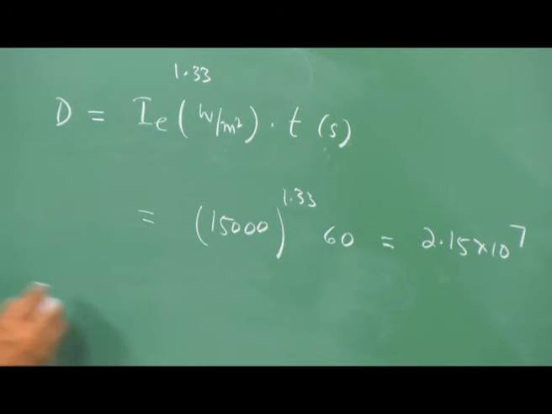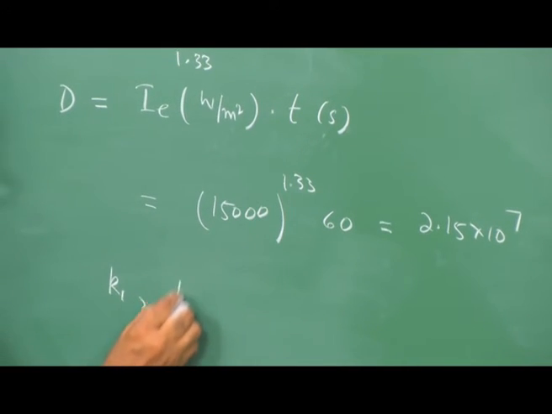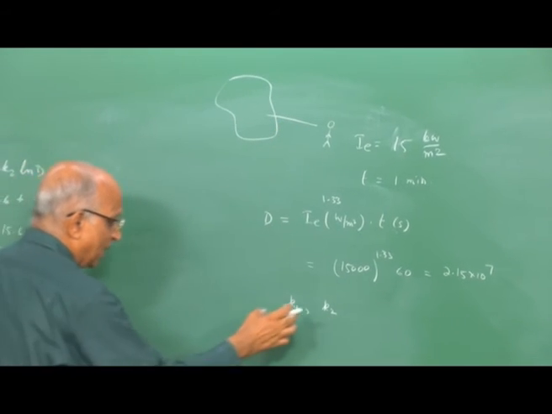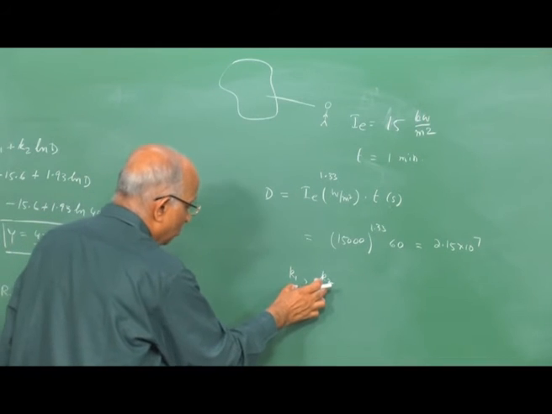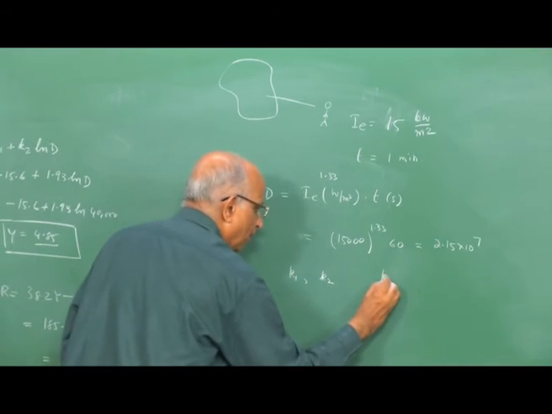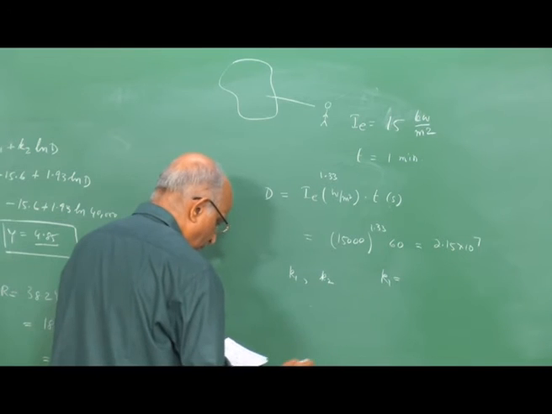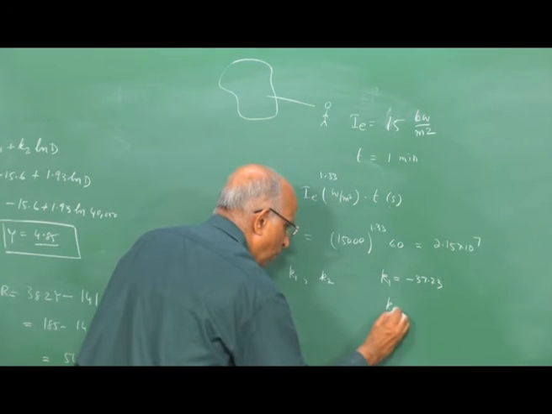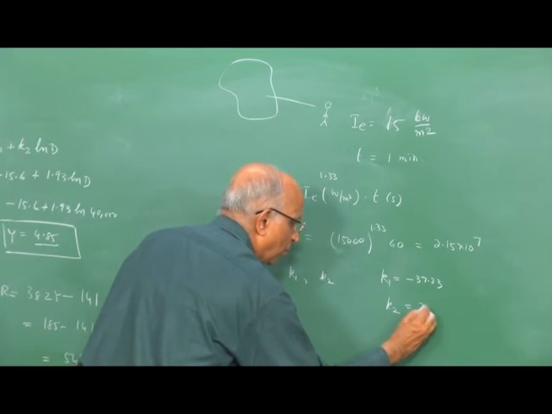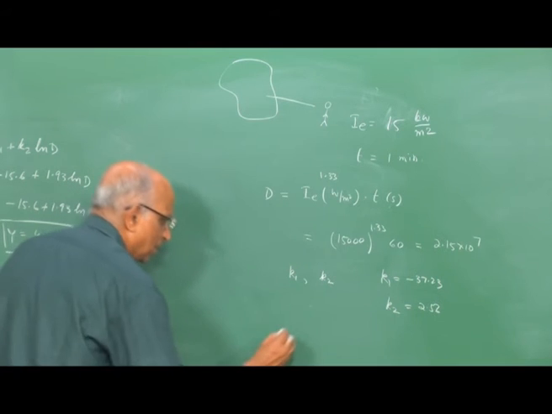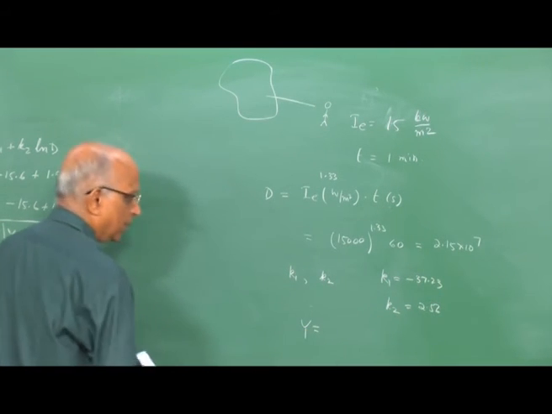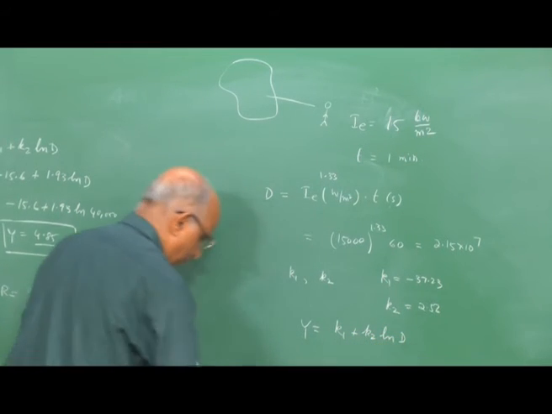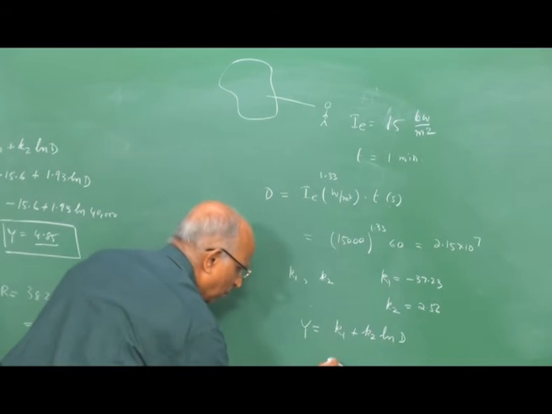The probit parameters K1 and K2 for the case of radiation from a fireball, which was also there in the slide: K1 is equal to minus 37.23. The value of probit parameter K2 is equal to 2.56. With this, the value of probit Y is equal to K1 plus K2 ln of the dosage, in which case it becomes equal to minus